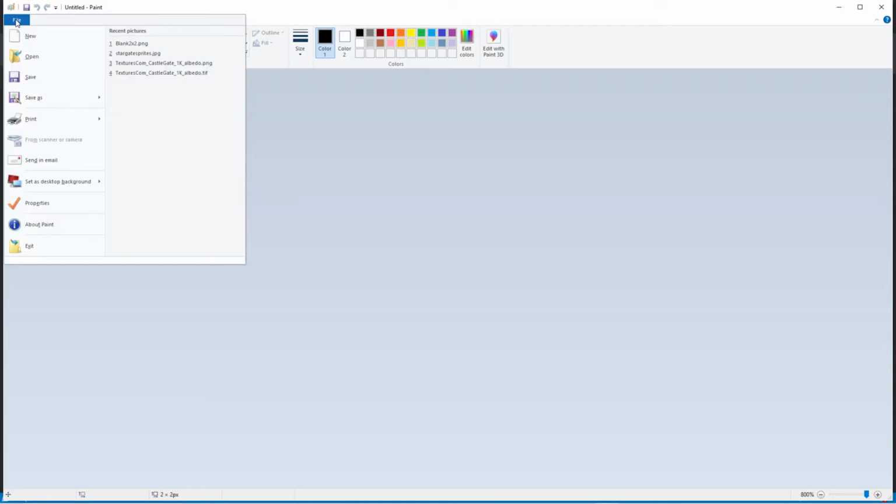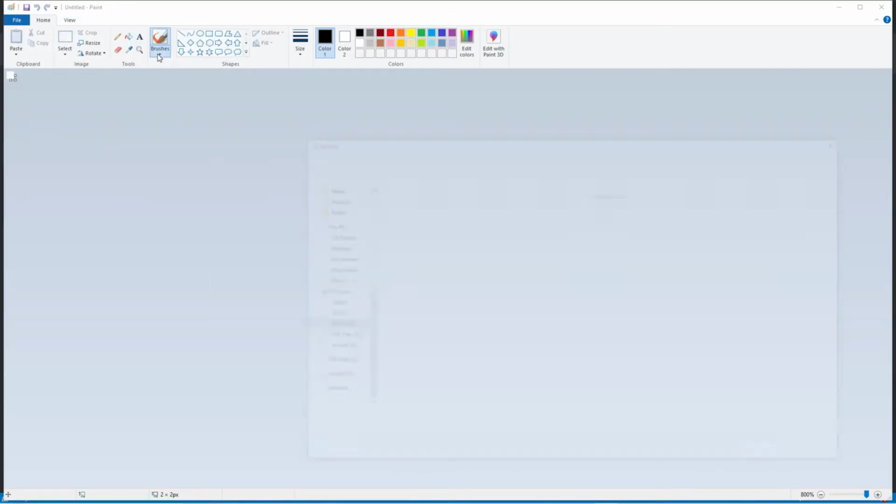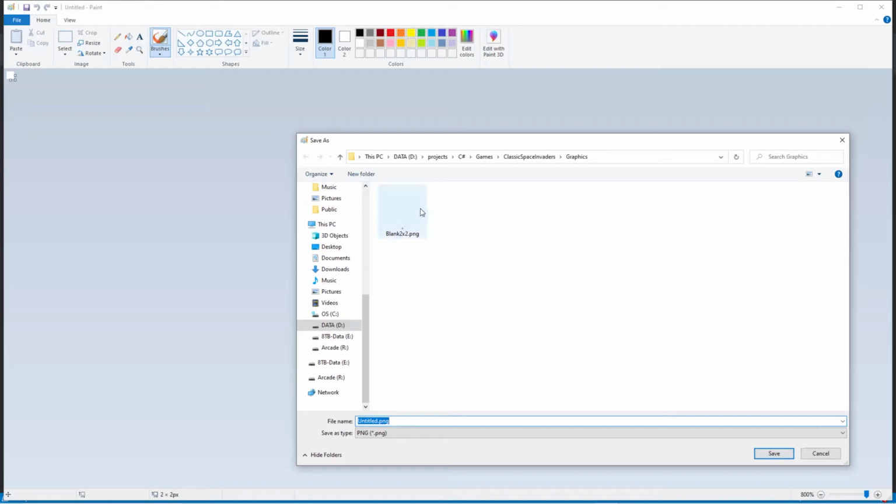So we just go File, Save As, and then we're going to save it as a PNG. You then need to navigate. I've already saved it here. So you then need to navigate to where you store your game. Now you should remember where you set your project up. Now what I've done is in where I've got